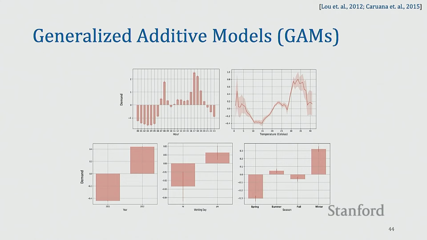So this is the class of models which basically produces outputs like this. What you're essentially seeing is what are called shape functions associated with input variables. So what this is showing is demand is your outcome variable, okay? And each of the variables you see on the x-axis are your input features. So this is showing how the outcome variable will change as a function of each of the input variables, right? So as R increases, what happens to demand? And as temperature increases, what happens to demand, and so on.